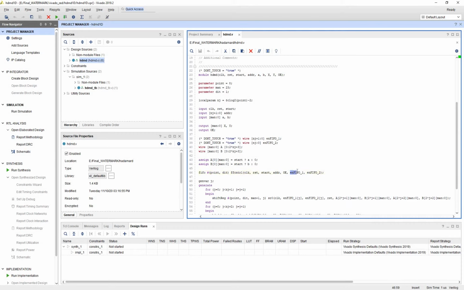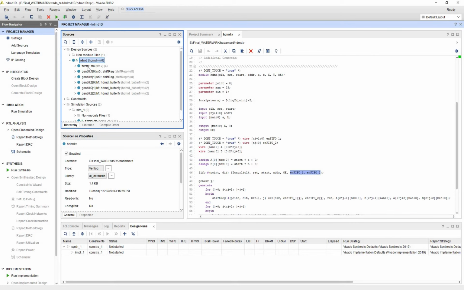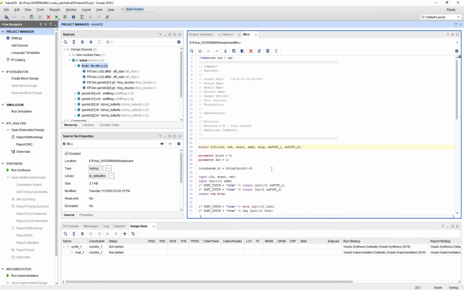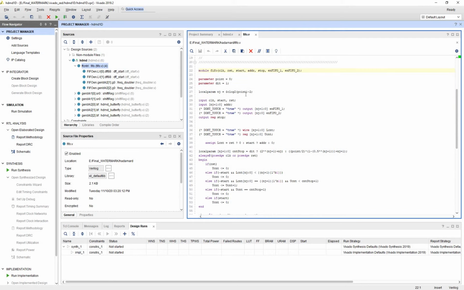where the inputs are sent based on the butterfly inputs. So we need read enable and write enable signals, which are defined in the nFIFO1 and nFIFO2. We'll look at the nFIFO module. For this nFIFO module, we have the same reset and start signal based on the clock, and this address signal is used to give the number of inputs and what kind of sample it is.